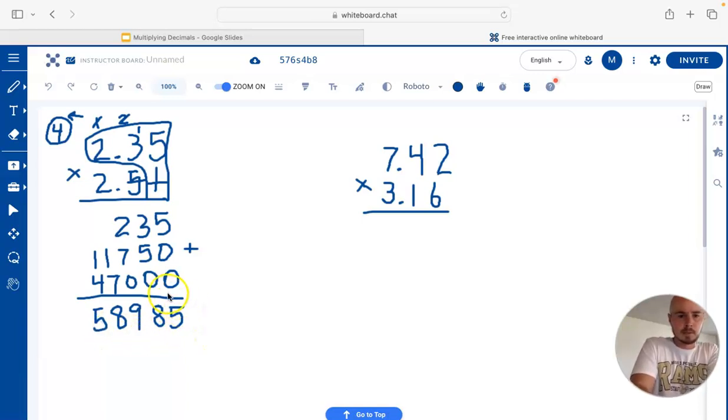Okay, now I need to start all the way to the right and move that decimal over, let's see, how many times? 4 places, so that would be 1, 2, 3, 4. So my new answer would be